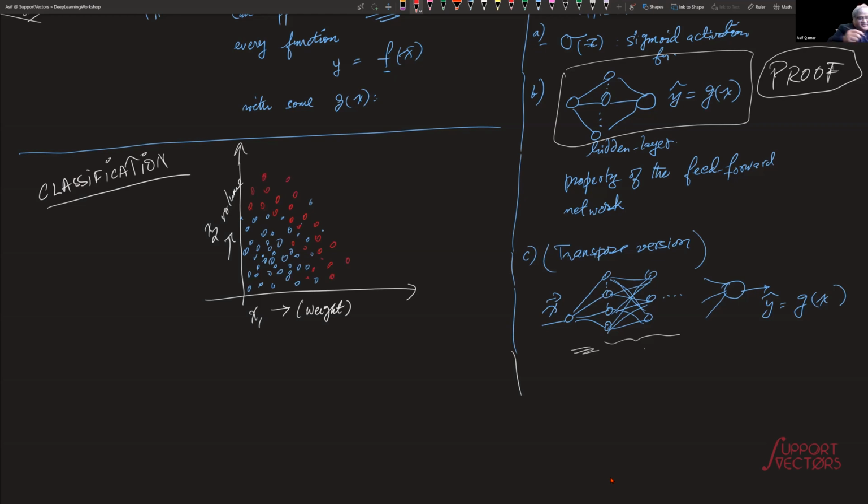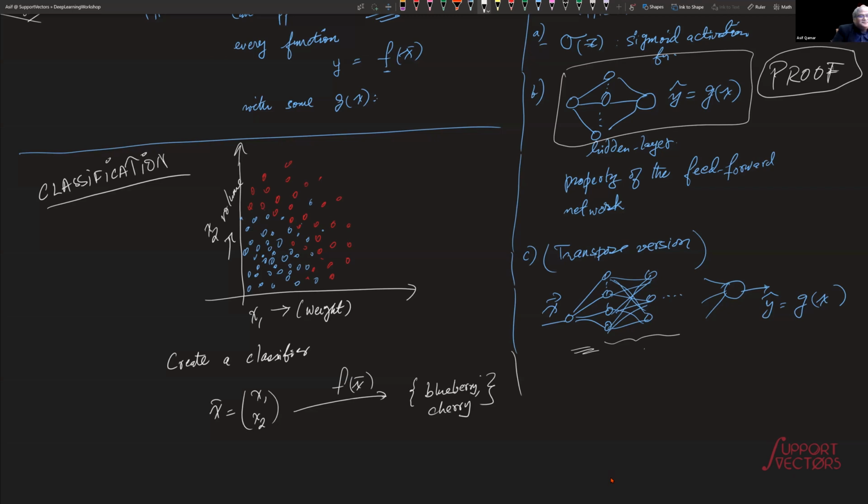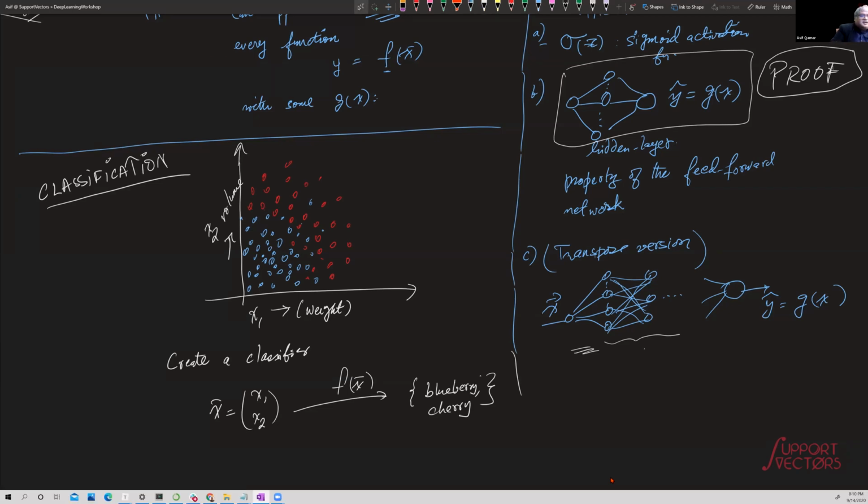When you have data like this, I ask you this problem: write a classifier. The problem statement is to create a classifier that, given x1, x2, that is the x vector, will map it to f(x), which is a set of either blueberry or cherry. It will pick one or the other. Are we together? So now you say, well, I know one of the simplest ways we can do that is